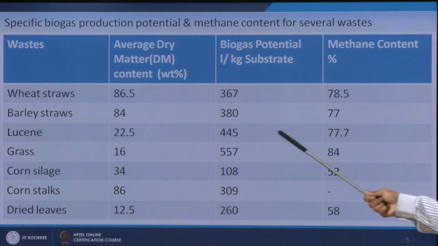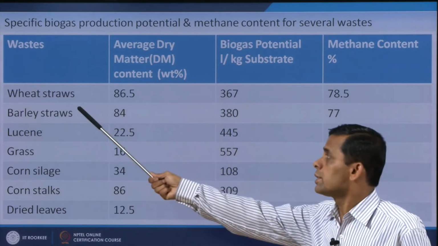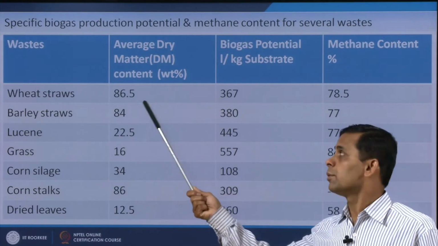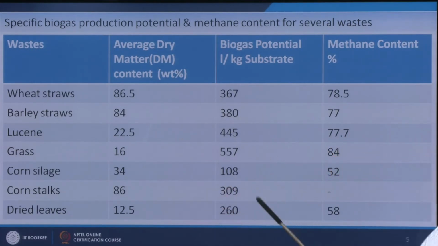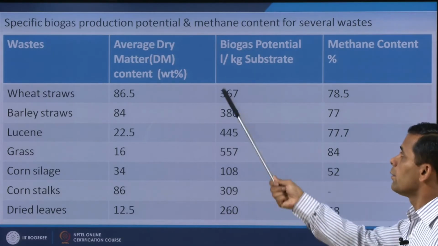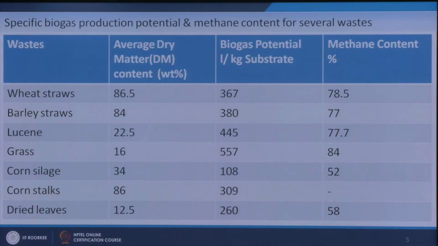If it is lignocellulosic biomass, it has a good amount of lignin. If say 20 to 30% or 25% lignin is present, that is not useful, and it also requires some pretreatment due to the presence of cellulose and hemicellulose. So, that process becomes slower, and that may be the reason that it is giving a lower biogas potential.